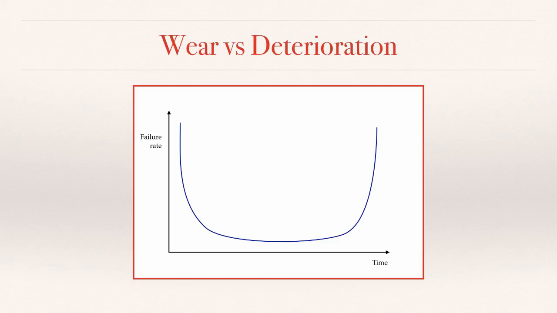It's often called a bathtub curve because it looks like the cross-section of an old bathtub. The high part of the curve at the beginning indicates infant mortality. This is reflective of defects in the manufacturing process. If there was a defect, your hardware is likely to fail relatively quickly. If it does not fail, the hardware will work for a period of time with a very low risk of failure, until physical wear and tear take its toll and the hardware begins to wear out, as indicated by this high part of the curve at the end.